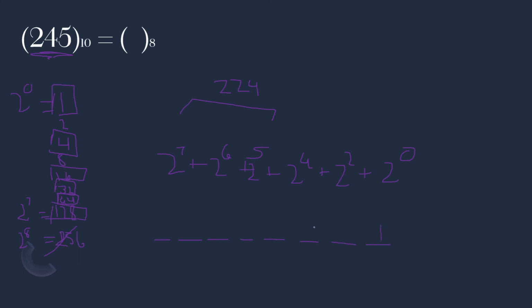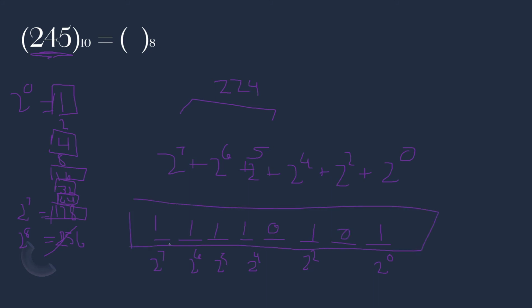So 1 here, 1 here, 2 to the 4, 5, 6, and 7. So 2 to 7, to 4. And the rest are filled with zeros. So that's